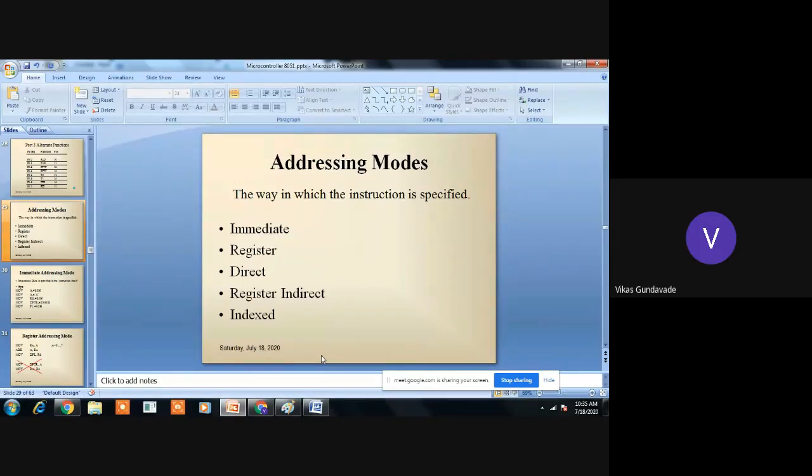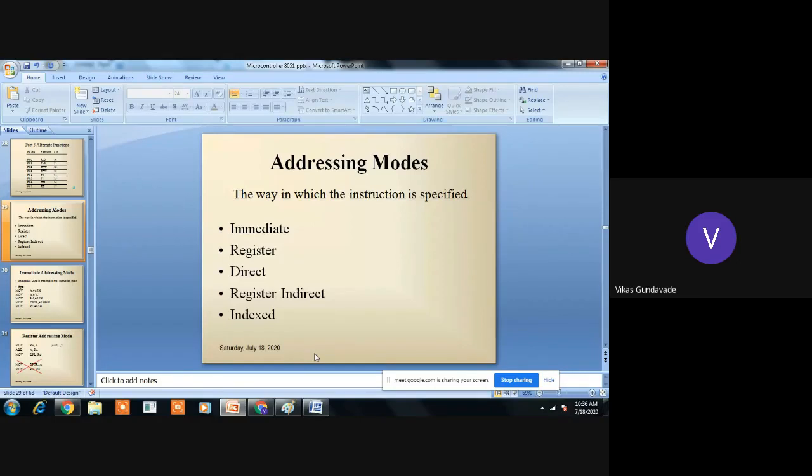So it has a complex instruction set with a large number of instructions available in the microcontroller, and these instructions are used for specific applications or specific addressing. Okay, and this addressing is divided into 5 groups: immediate addressing, register addressing, direct addressing, register indirect addressing, and index addressing.